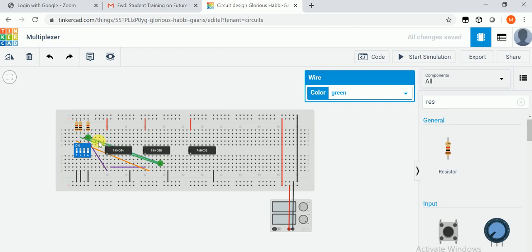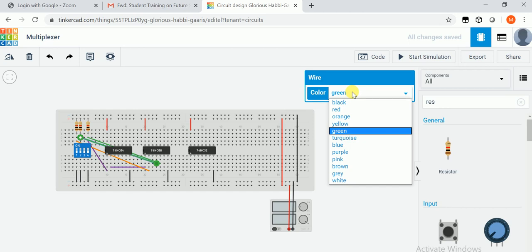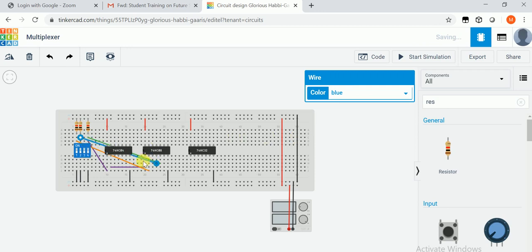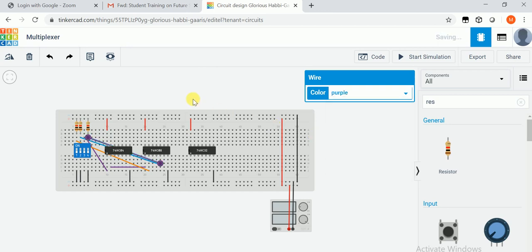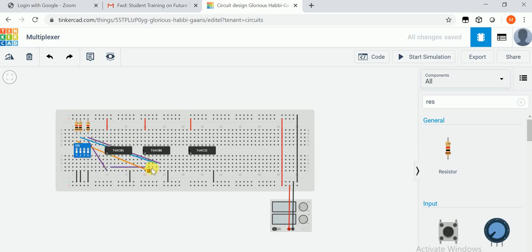So make it blue, because the standard we are following is green should be the output. So let's make it blue, and this one, make it violet, purple, because we are following this purple color.